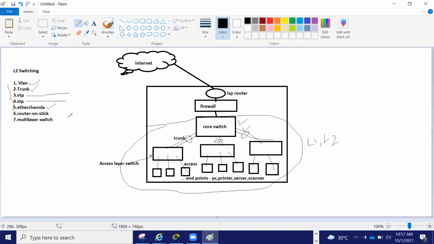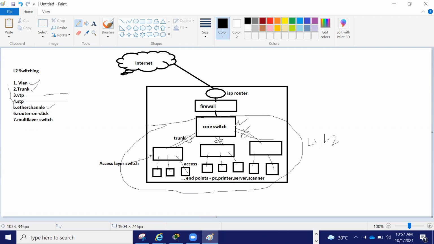Switch configuration: you can add a new switch, or if your switch has some problem, you need to change that switch.